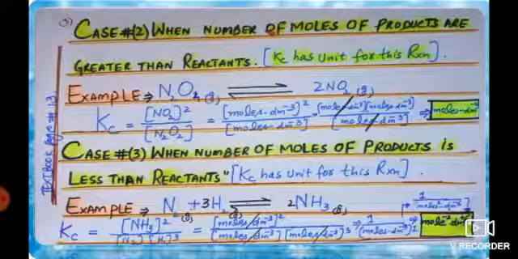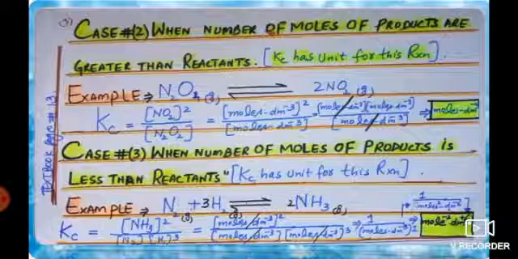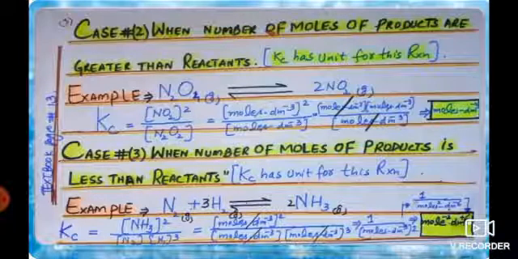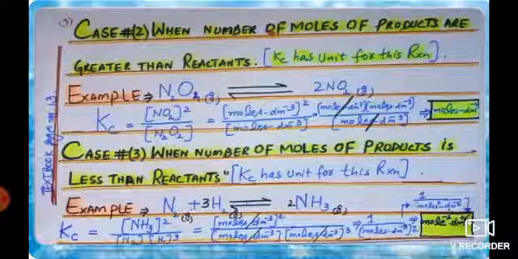Now by putting the values in the equilibrium expression, moles per dm cube whole square, in the case of ammonia there is a power of 2 on the product side or in the numerator, while below there is 1 mole of nitrogen, so 1 time moles per dm cube, and 3 moles of hydrogen. So the power is 3 in the case of reactants in the denominator, moles per dm cube whole cube.